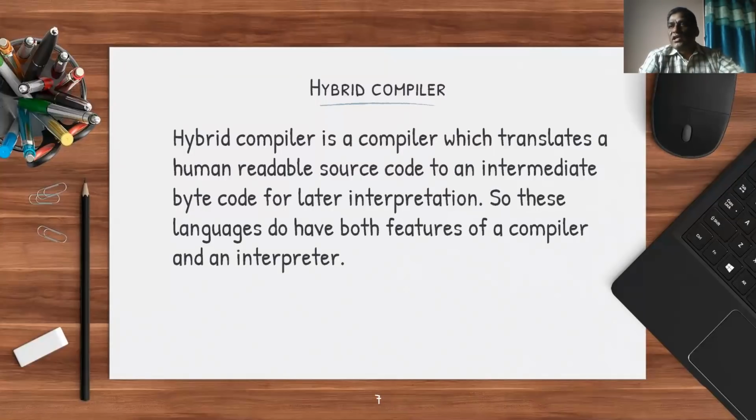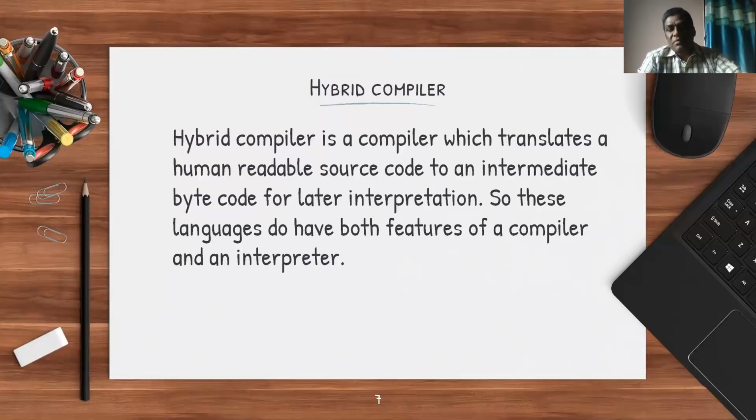Therefore, you require a special virtual machine, which is called JVM, which takes the bytecodes as input and produces the executable target language. Therefore, you can say that Java compiler is a hybrid compiler which has two parts.